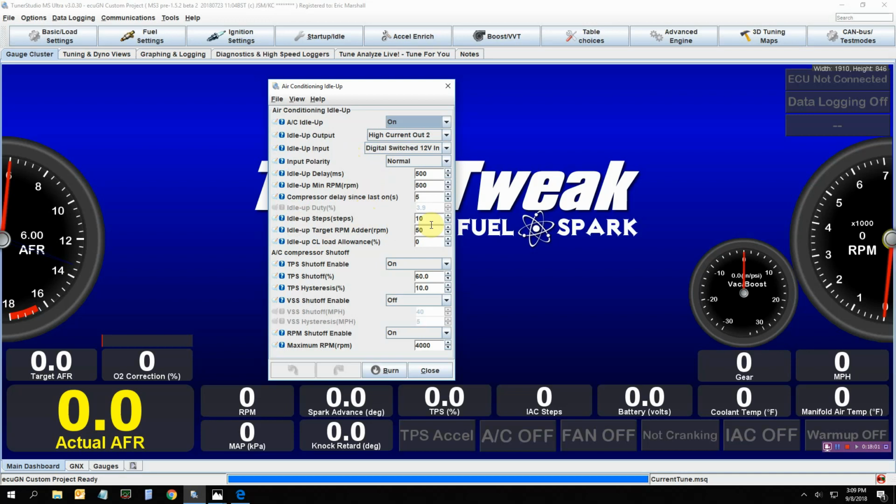Idle up steps. So here's a situation where, let's say when the AC comes on it really tries to drag the idle down, you can have it add this many idle air control steps to help prevent that. It's something you have to experiment with. Seems like different cars have a different amount of load on the AC compressor. And if you want the idle speed to increase when the AC comes on,